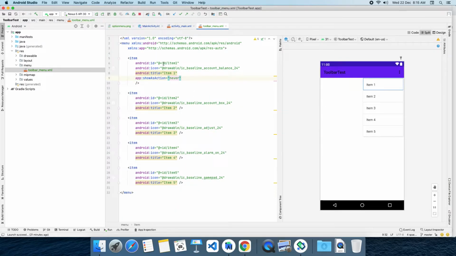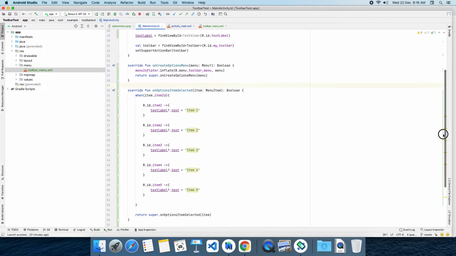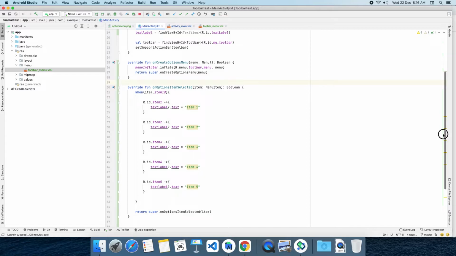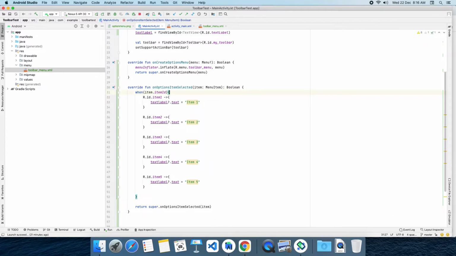Go to the activity file. Whenever the user selects some item, some category, we want a click listener for that, so that from there we can execute some other code. For example, if the user is selecting category 1, with respect to that category 1 I want to show the data in our activity. For that we need a listener. So how to set the listener? This is the option menu, so simply the onOptionsItemSelected method is there.